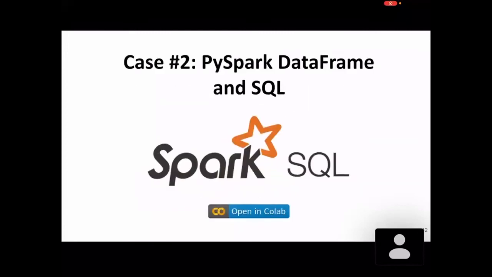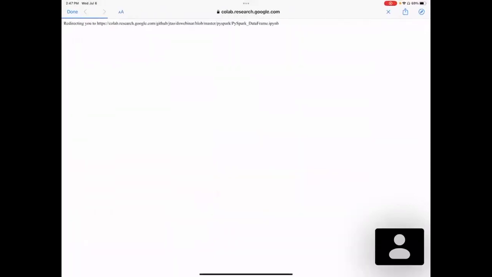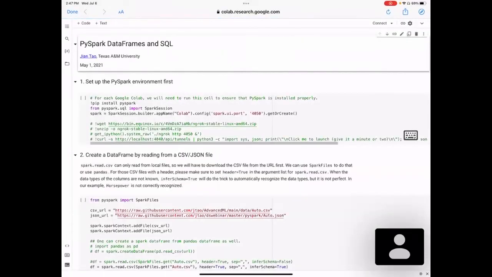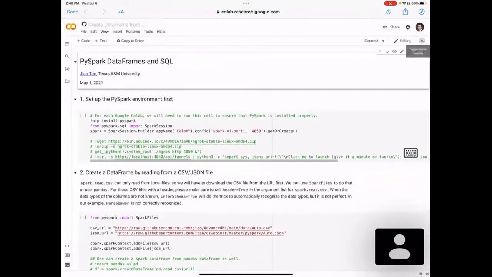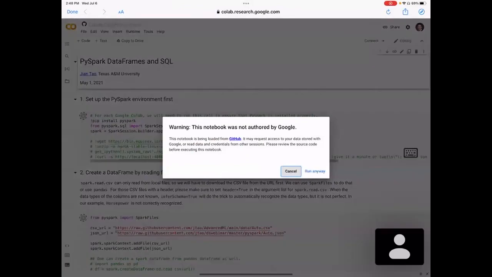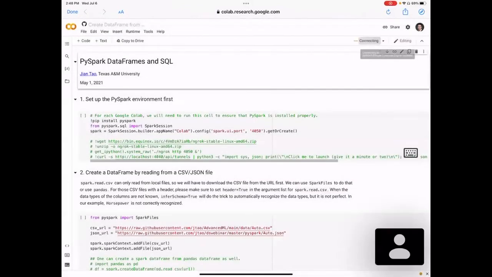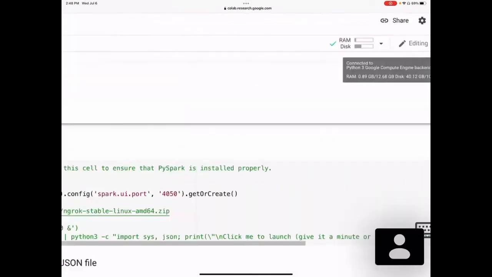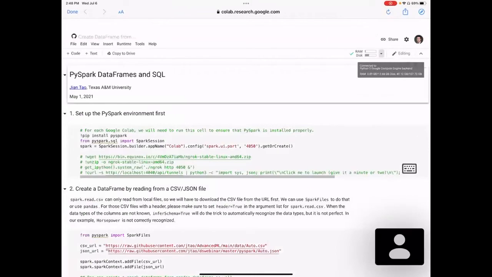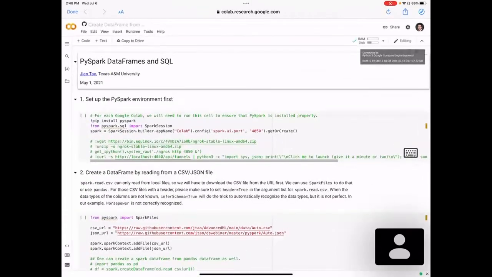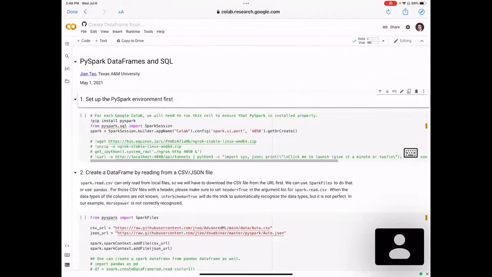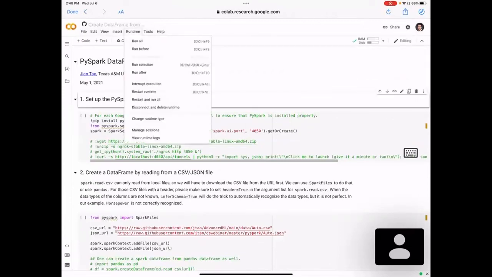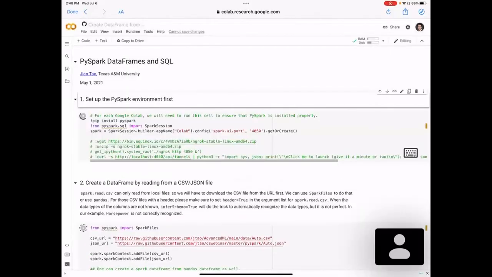Let's go to this one first, DataFrame. Just to make life easier, it's hidden here, let me click the run all. I'm sorry, it seems not connected. Okay, here at the top right, if you don't see RAM disk with a check mark here, that probably means your session is not connected. You probably want to connect it. And once it's connected, you can just run all, and it will run all the cells for you